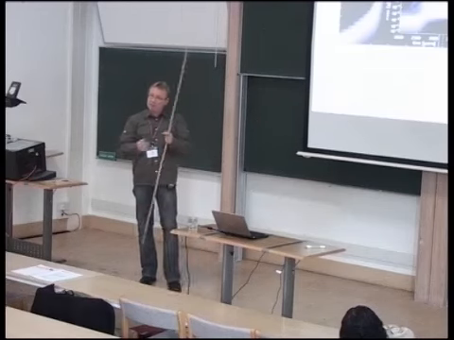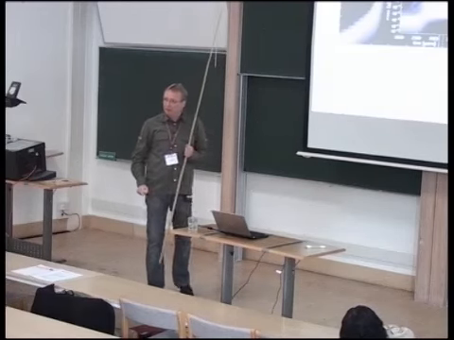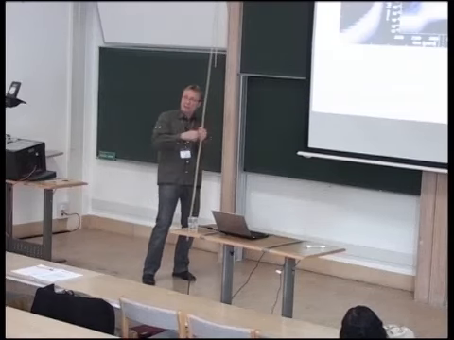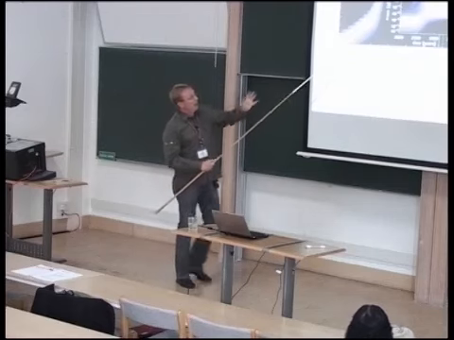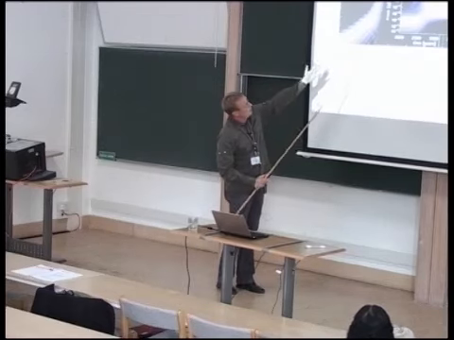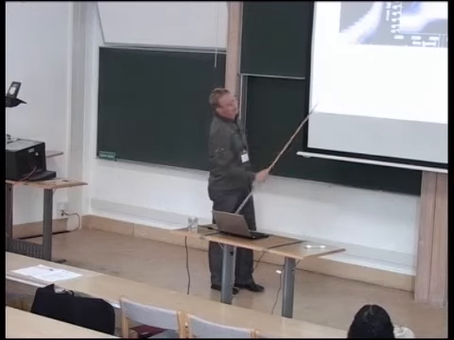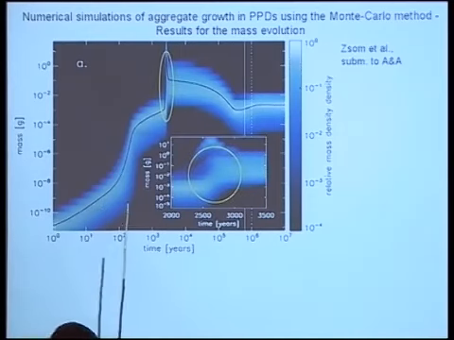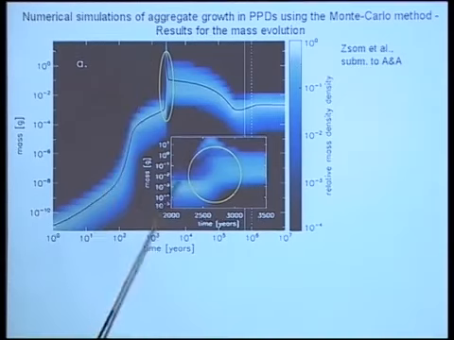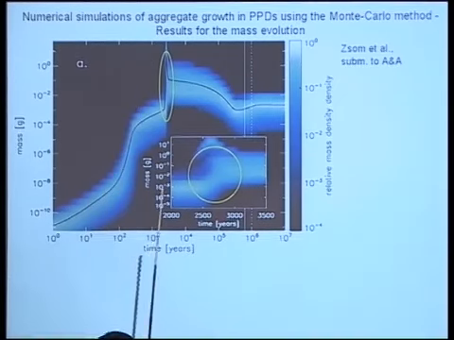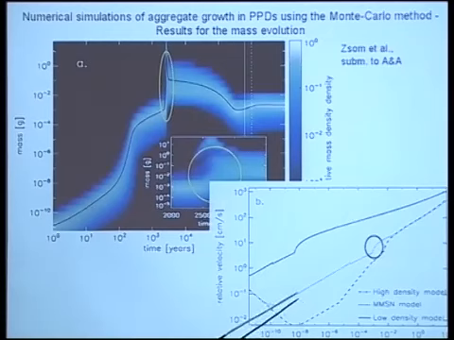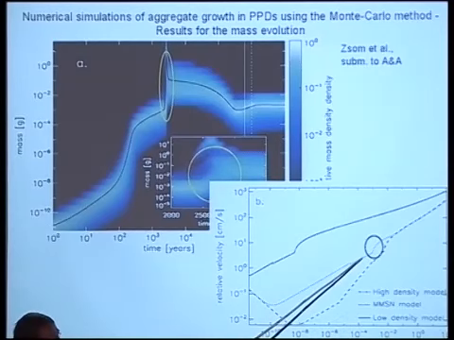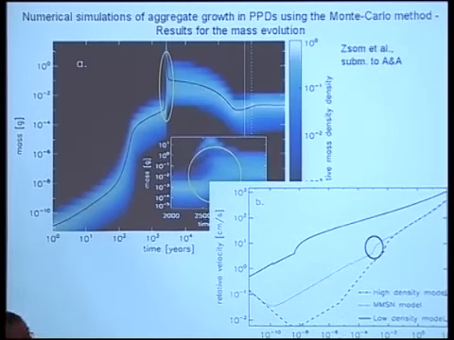It's not the process that Stuart Weidenschilling has calculated to be important in his process, the addition of small particles to large ones. There are no small particles after about 100 years. This is all black. The same, this little kink here, this magical thing happening, is due to the transition. This is the minimum mass solar nebula model, velocity versus mass, transition from Epstein to Stokes regime.